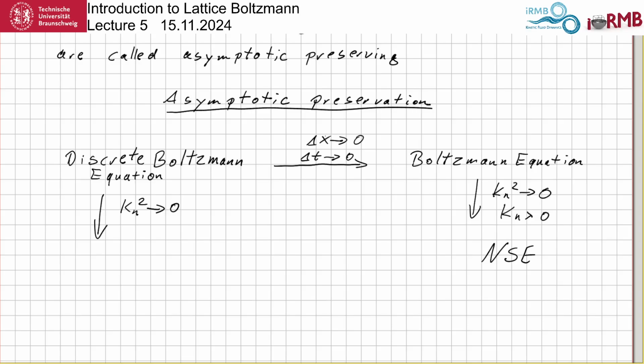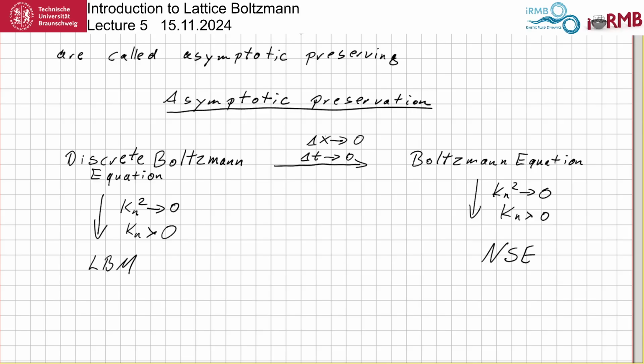We can also make the Mach number go to 0, then we end up at the incompressible Navier-Stokes equation, yeah? And on the other side, we can take a discrete Boltzmann equation, discretized for the Knudsen number square equal to 0, and the Knudsen number still larger than 0. So the same thing. This is a simplification of the discrete Boltzmann equation. The discrete Boltzmann equation says that we have infinitely many discrete speeds. And now we simplify this to